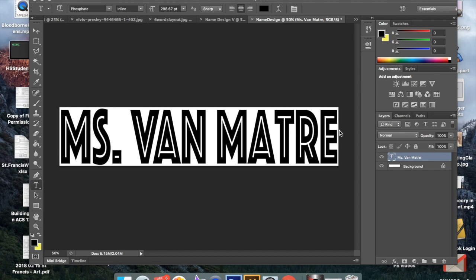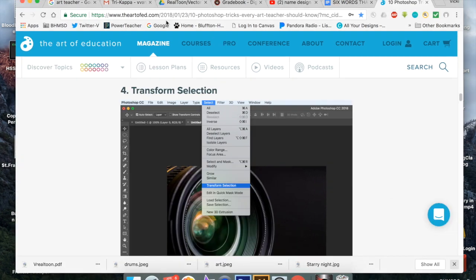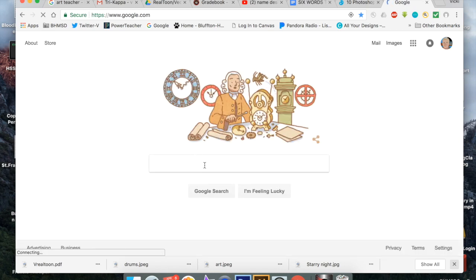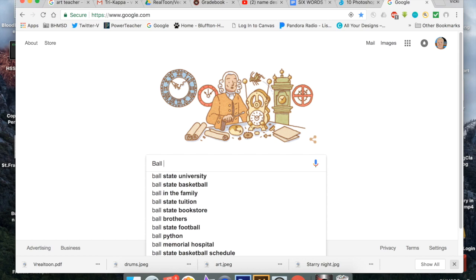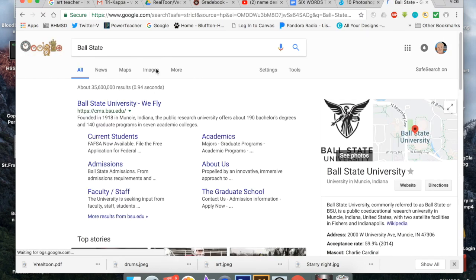Once you have your name in here as bold as possible, then what we're going to do is we're going to take 6 images. You need to find 6 different images that kind of represent you, and we're going to click and drag those in here. I have some saved, but what you can do is just go to Google, come over here, search. I do want to show you how to do a certain search, so I went to Ball State, so I'll put Ball State in, see what comes up. Go images,